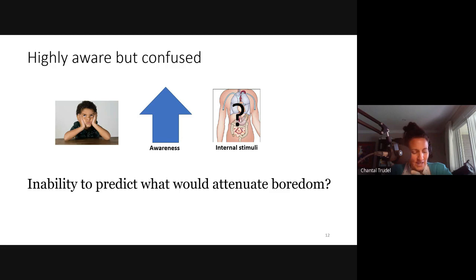And the chat, Josepha, I think, touched on that. The ability to predict what will actually attenuate your boredom or put an end to it, and therefore you're just perpetuating the experience. You're stuck in that loop. In other words, they might feel it very intensely, those boredom-prone people, but just be unsure of what action to take to alleviate the discomfort. Of course, we cannot generalize findings from 350 people.